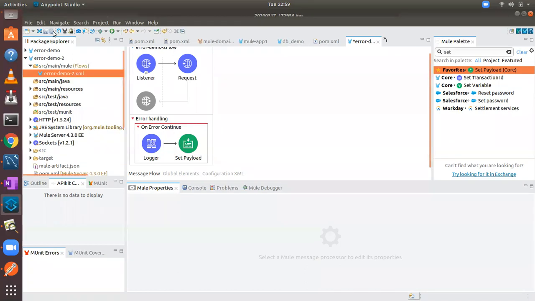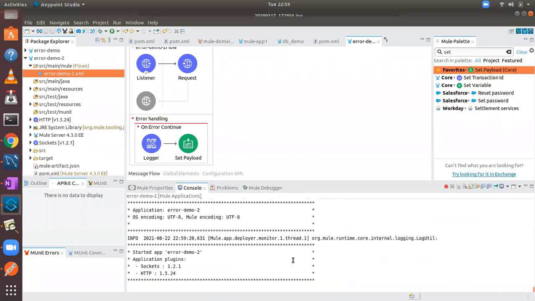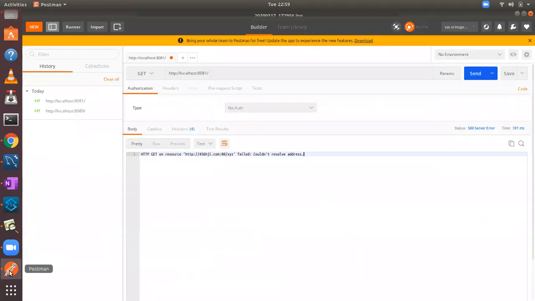Now let me see if it's deployed or not. Now it got deployed. Let me hit this one.